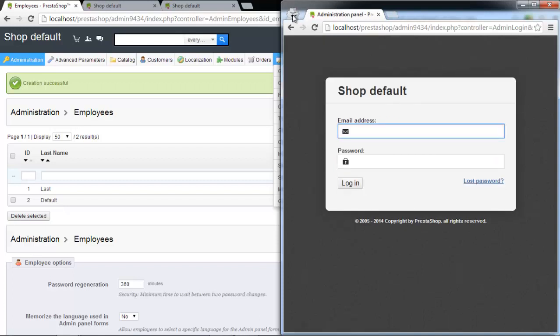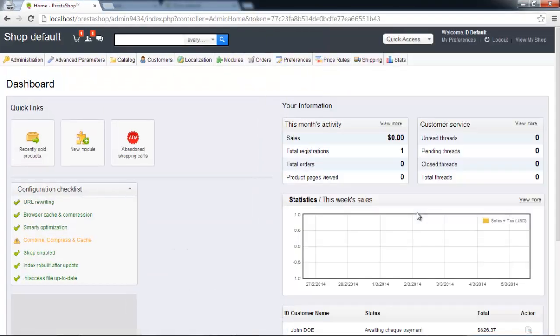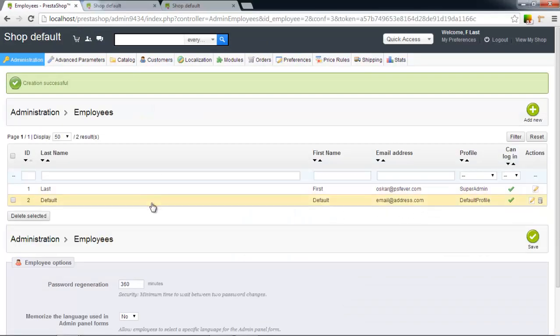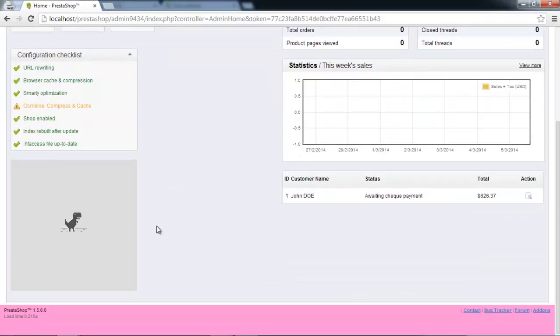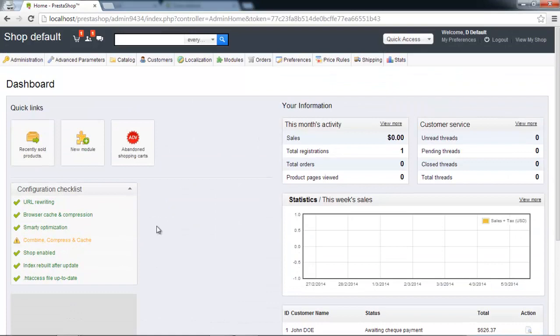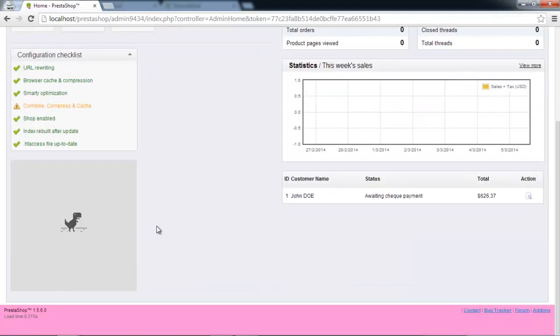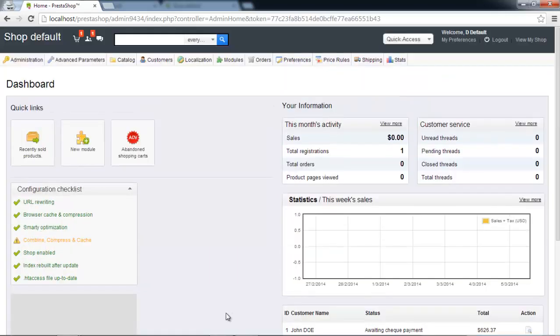Chrome anonymous regime to check it out. So we have email at address.com, and the password is in the clipboard. Yay, and we've logged in, but for some reason the default page is not employees, but we were redirected to the dashboard again. Okay, I need to take a look at this later, but you can see the nice pink color is only showed right here at the bottom of the page,